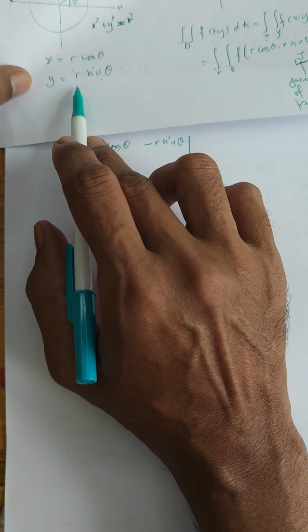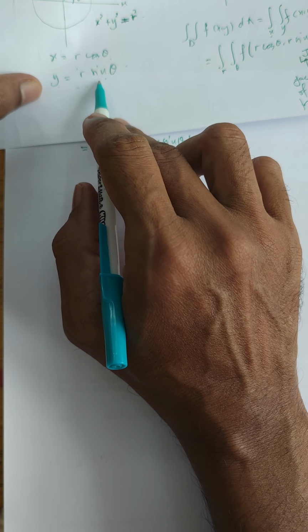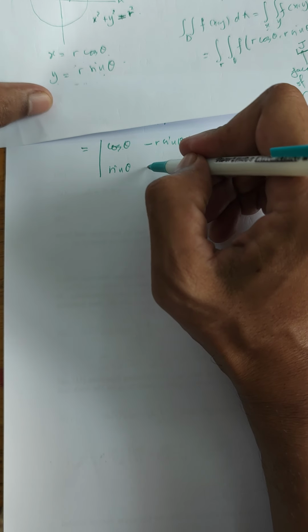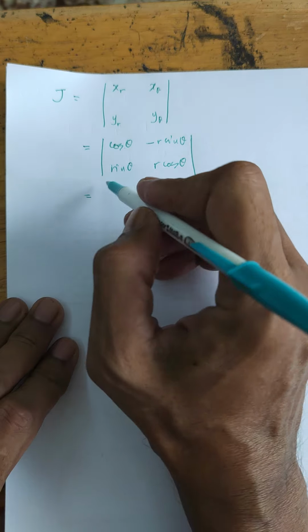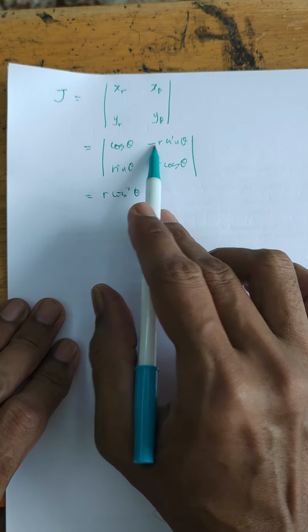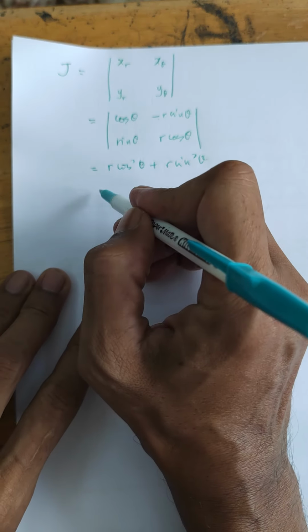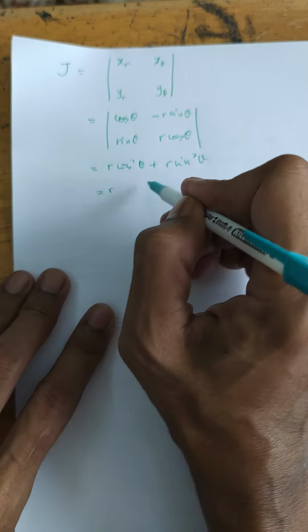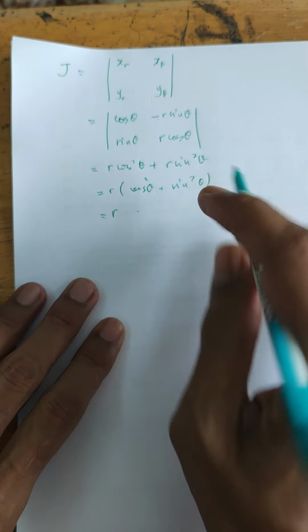Okay, and then for y, if we differentiate with respect to x, we get sin theta, and if you differentiate with respect to theta, that gives you arc cos theta. If you simplify those, this is arc cos squared theta, minus, you got minus there, so plus arc sin squared theta, that gives you arc cos squared theta plus sin squared theta, that gives you arc. Therefore,